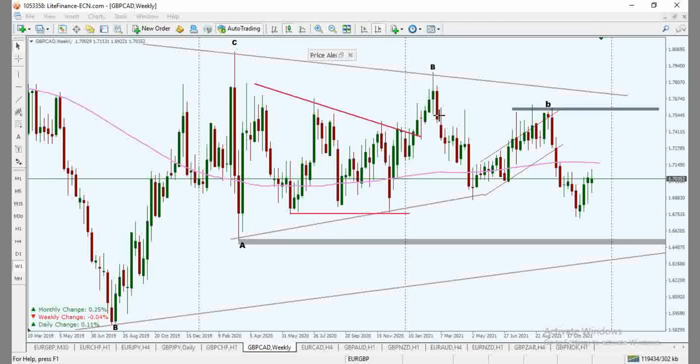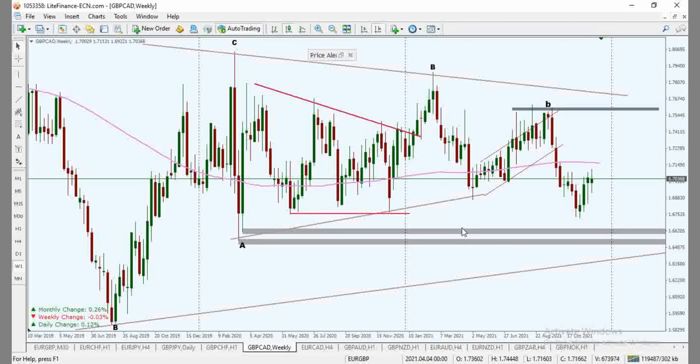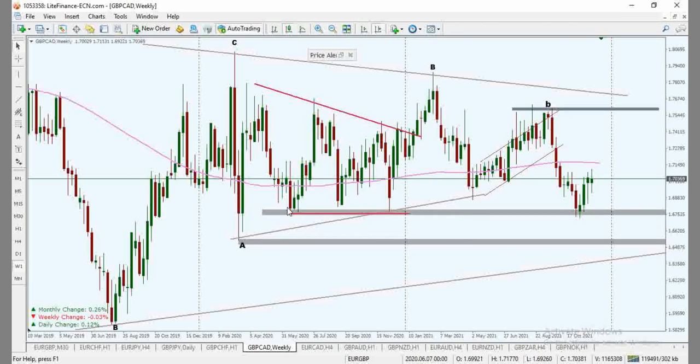What is happening here is we have what could be a possible impulse, and what could also be a possible correction. However, price broke below this point here and is dropping back to create a possibility of a wave C. This could be a possibility of a wave C one, and it could also be a possibility that price might just complete inside of this territory, because this territory is a very important one.